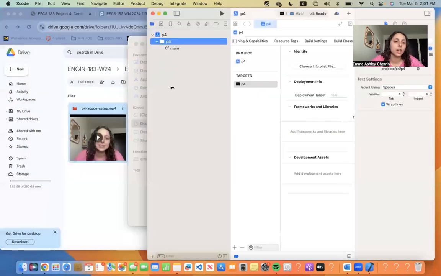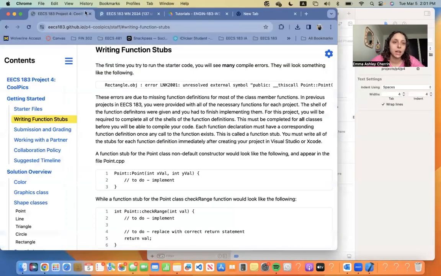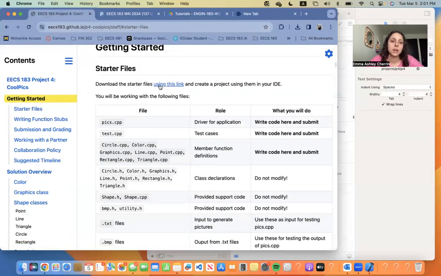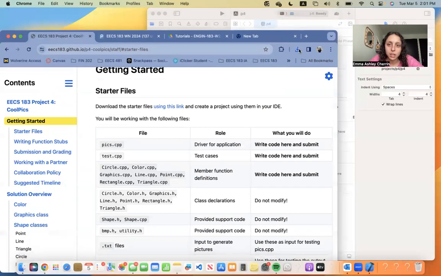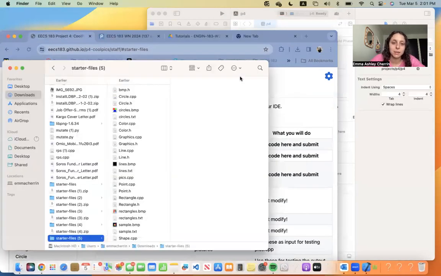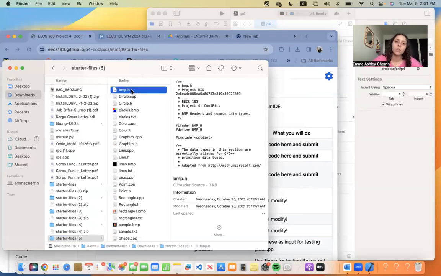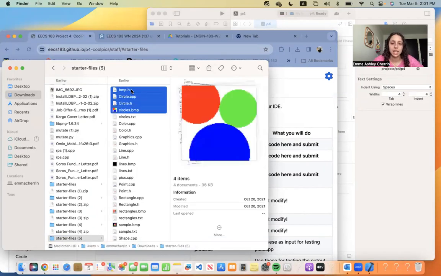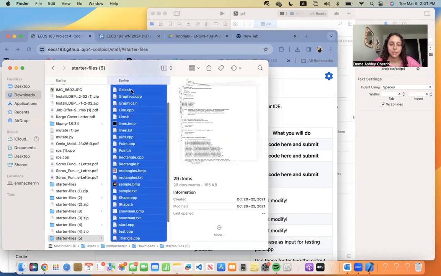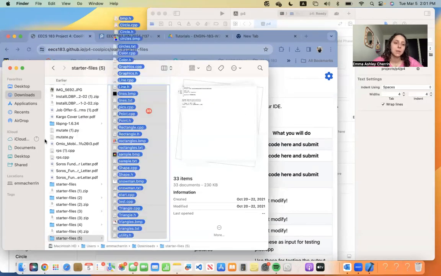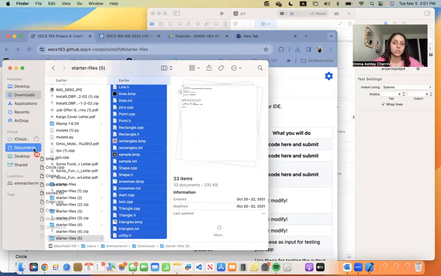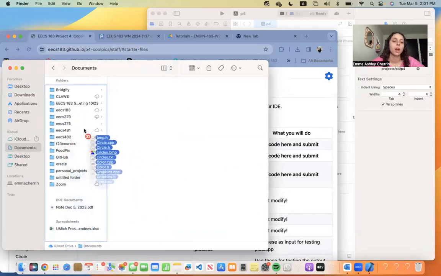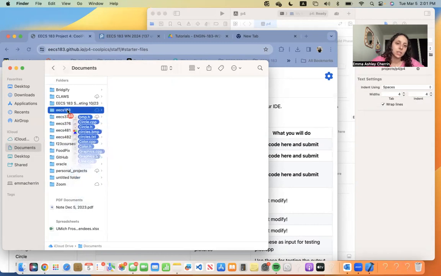Now I'm going to download my starter files by going to the spec, going to starter files, download starter files using this link. I'm going to go ahead and navigate to the zip file. I can select all the files by holding down the shift key and holding down the down arrow at the same time. I'm going to select them, drag them into my project folder that I just created by going to documents, X183,